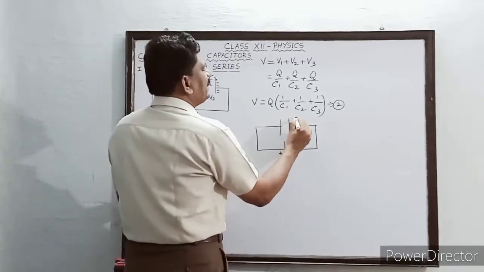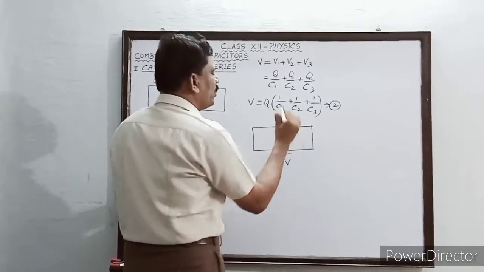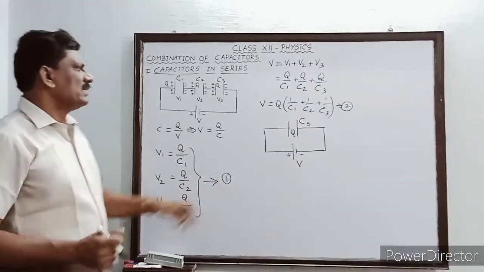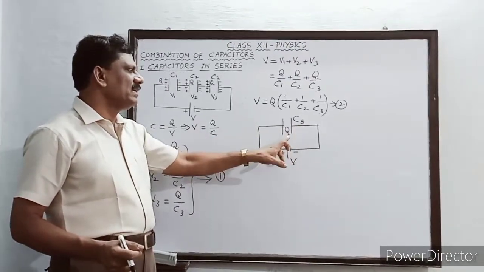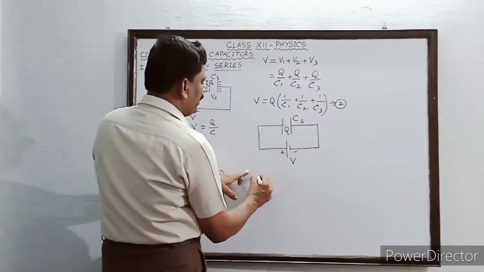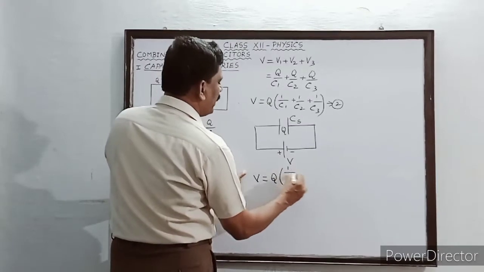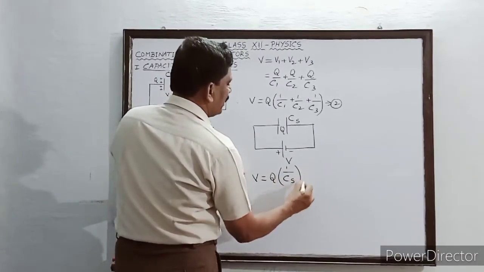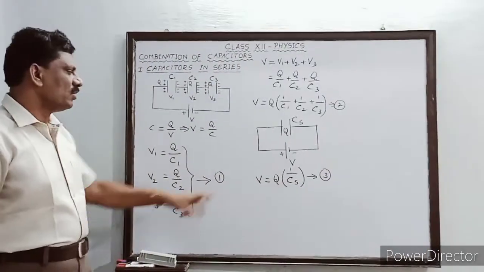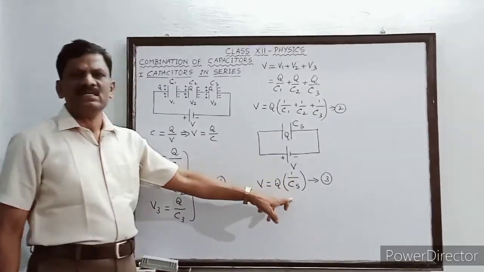Suppose the single capacitor is having a capacitance Cs for the same quantity of charge Q stored between the plates of the capacitor, then, using an equation relating C, V and Q like equation 2, here V must be equal to Q into 1 divided by Cs, and this is equation number 3. Is it not? So V is equal to what? Q divided by Cs, or Q into 1 by Cs.